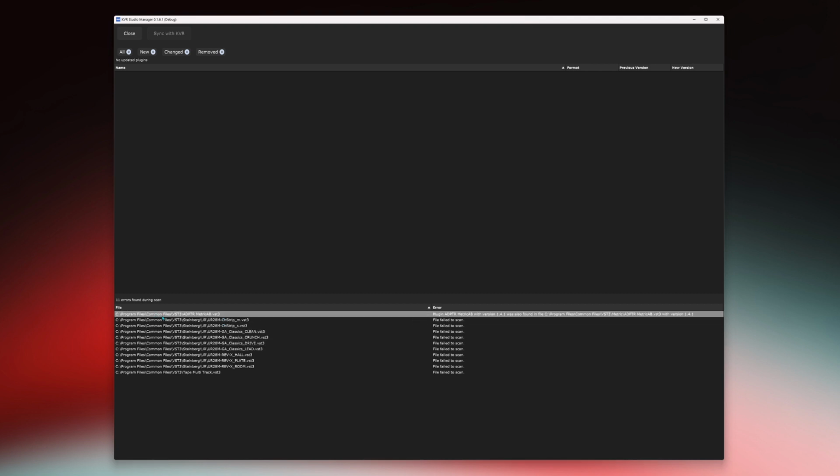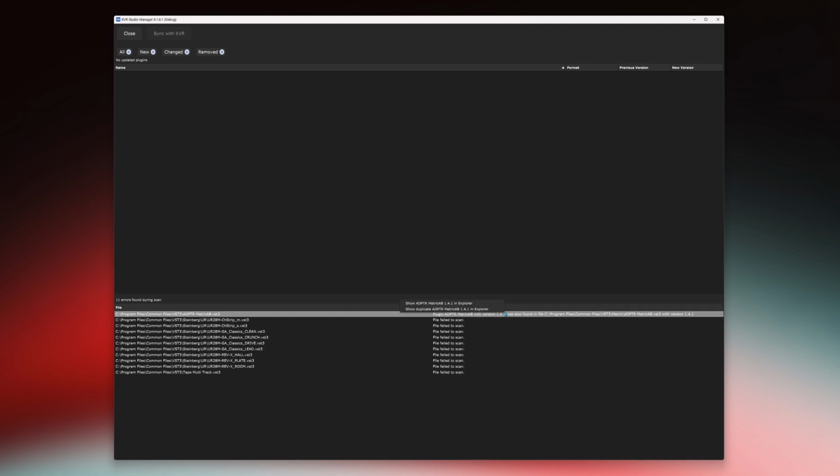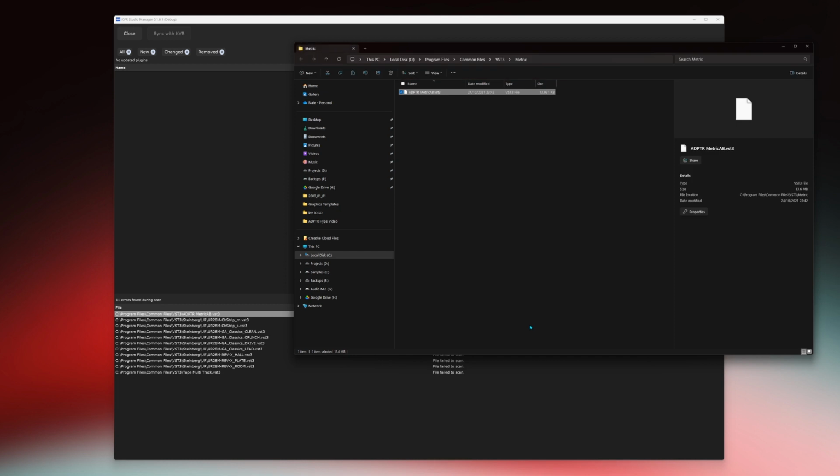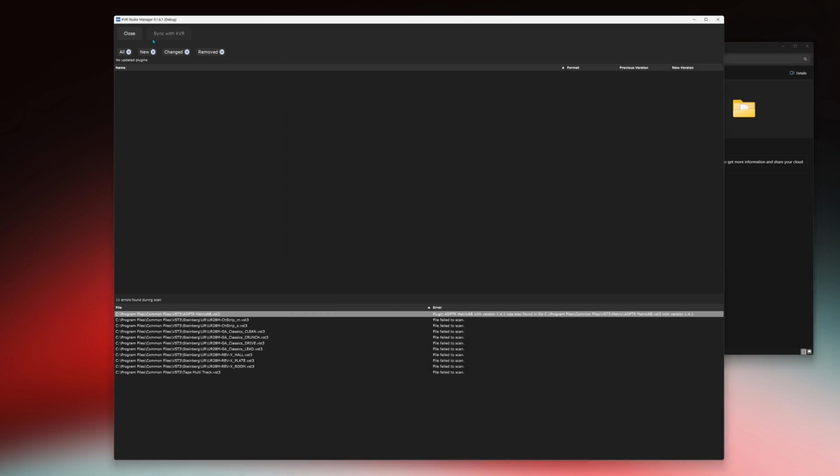This is the initial one that was found, and then you can see there's an error. Plugin adapter metric AB with version 1.4.1 was also found in this directory, VST3/metric, and there's an additional copy of it in there. So we'll just right click over here. You could show the duplicate or the original one that was found. We'll go with this one here, and it's going to open up this copy that was made within this metric folder. I can go and just remove that one to make sure that there are no duplicates now in my